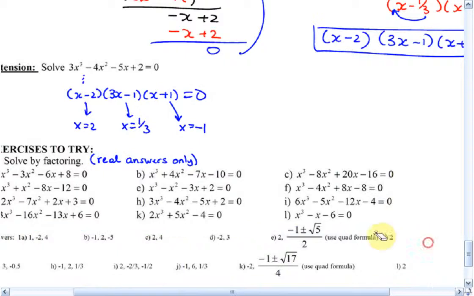Now, in terms of, do you need to hand this in for homework? If we don't,